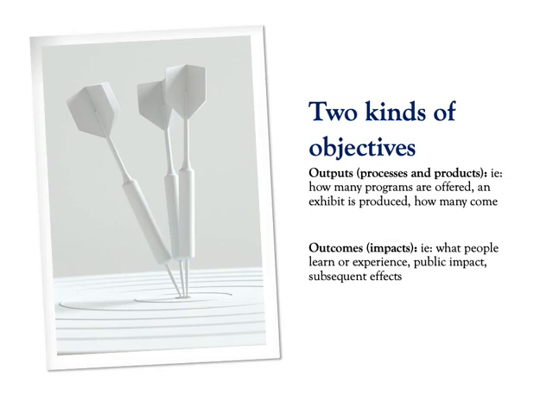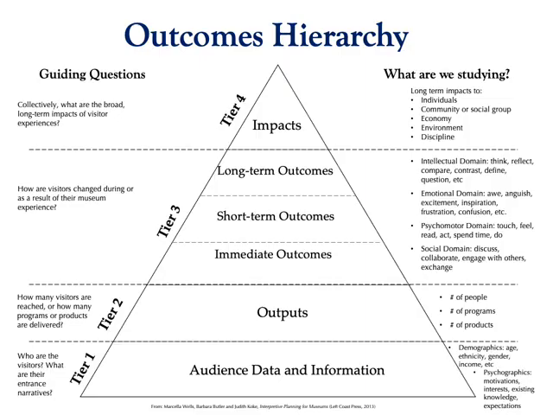Now, the other takeaway we have from the Wells reading regarding outcomes or objectives is that we can think of them also, again, at varying levels, right? And I want to draw your attention to the outcomes hierarchy in the Marcella Wells reading on interpretive planning. And here we can see the kinds of outputs and outcomes that you are going to be thinking about in terms of your projects. And I want you to think about outputs and outcomes specifically.